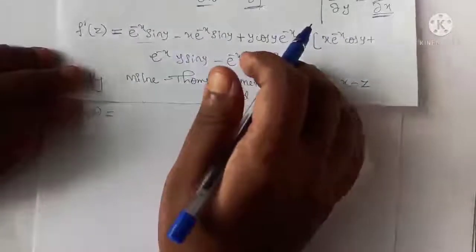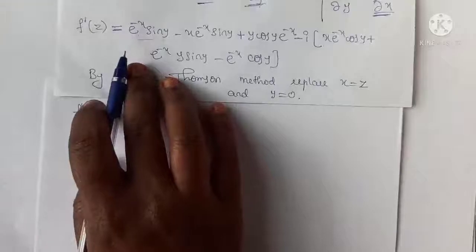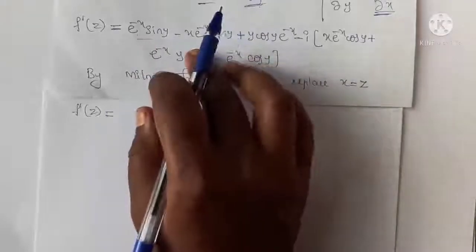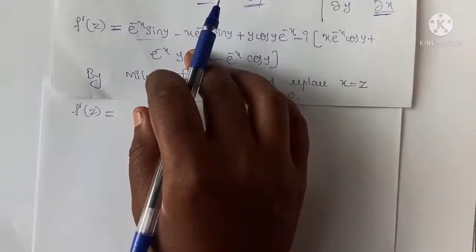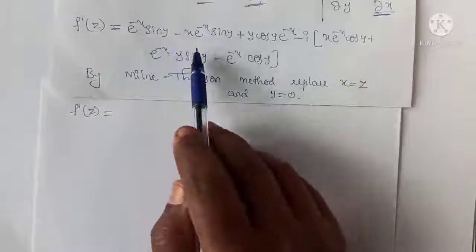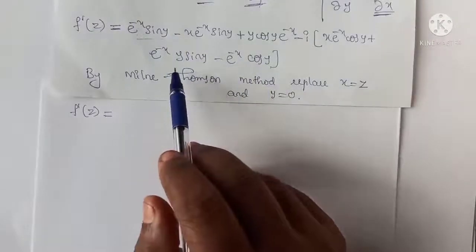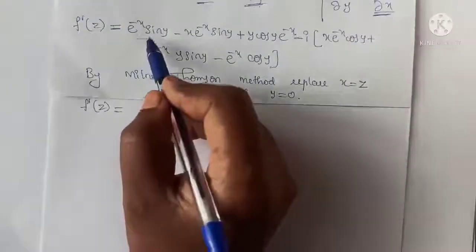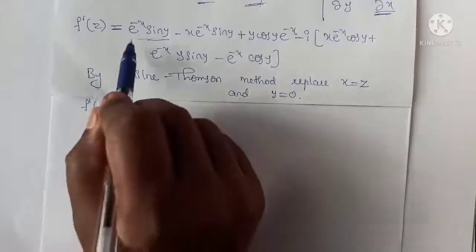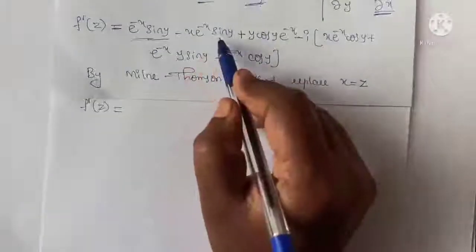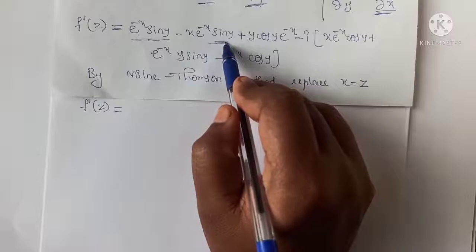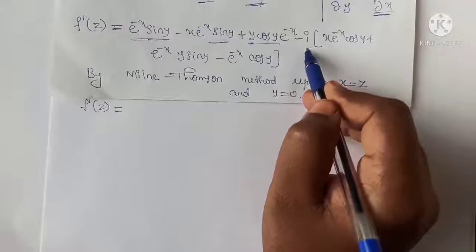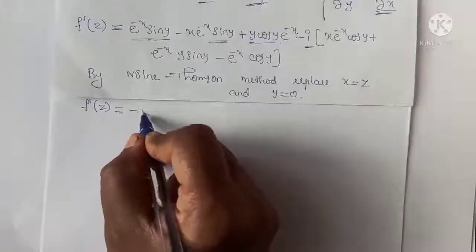We get f dash of z is equal to e raised to minus z, but you observe that all the terms contain y terms or sin y terms. If a term contains y, then y equals 0 and that whole term becomes 0, and similarly sin y means sin 0 equals 0, so again it becomes 0. Since it contains sin y terms, this term is 0. Even this term also contains sin y, sin 0 equals 0, because of this y this term becomes 0, so that means we get this minus i into.